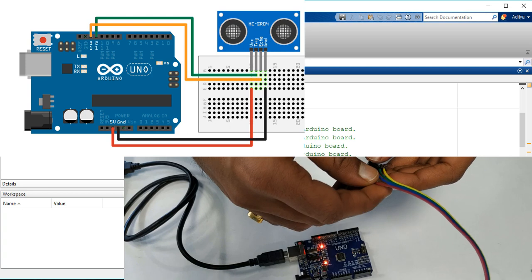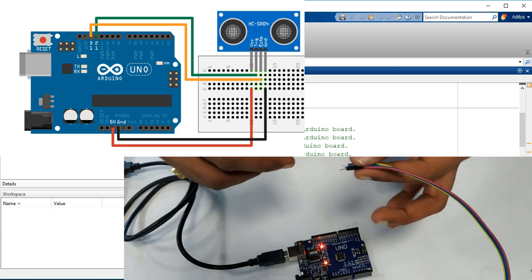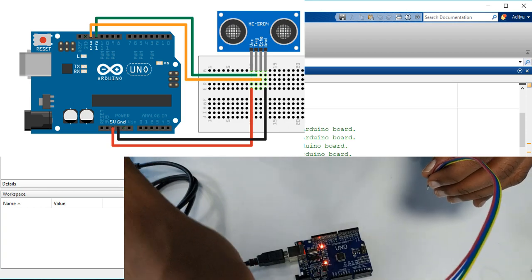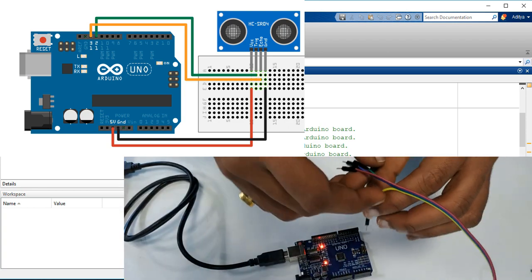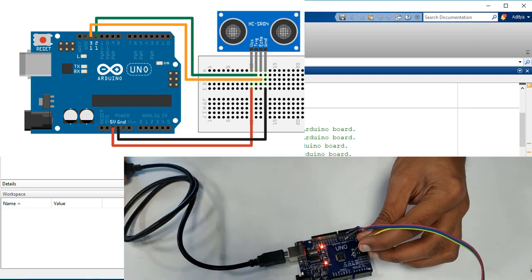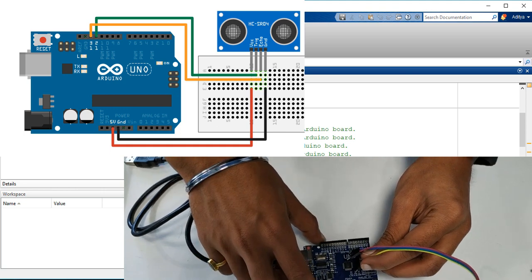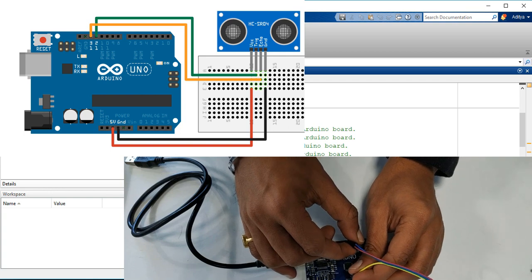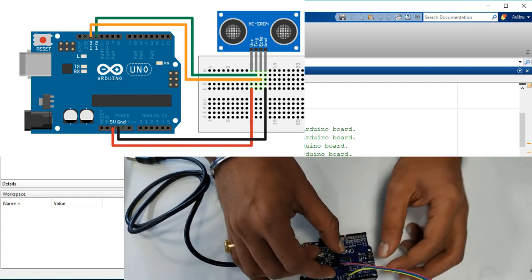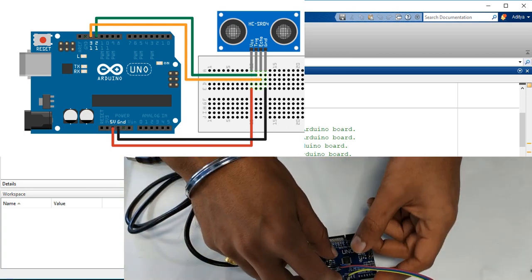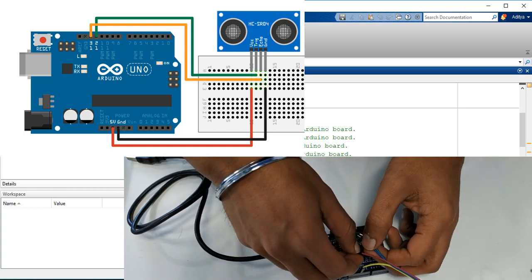Now the orange wire over here is the VCC, which turns out to be the yellow wire, and I'm connecting it to the VCC. But before that, I'm unplugging the Arduino so that nothing goes wrong, and if anything goes wrong, the hardware is not damaged. That goes to VCC. Now the last wire over here, the black wire, which converts into the violet one, is the ground. So I'll connect this wire to ground. So I've already connected the VCC and ground.